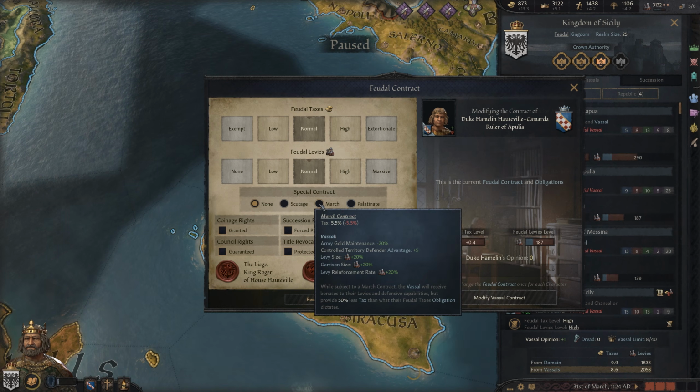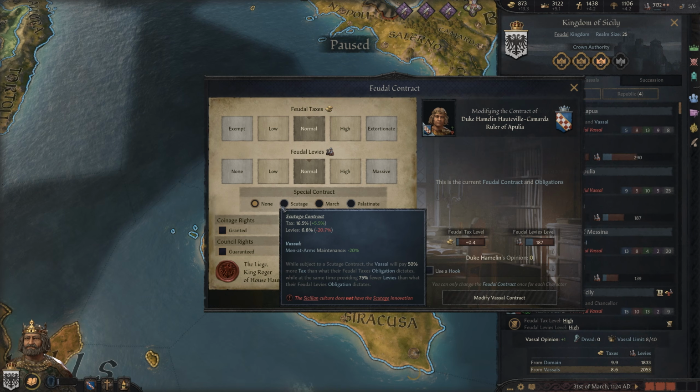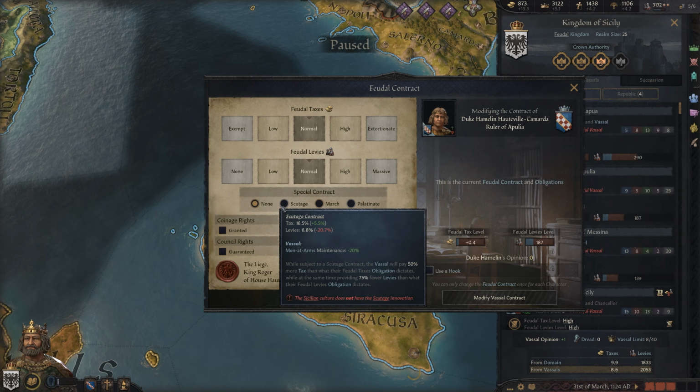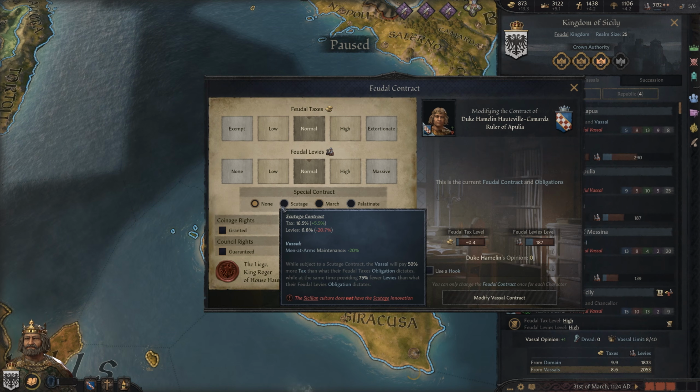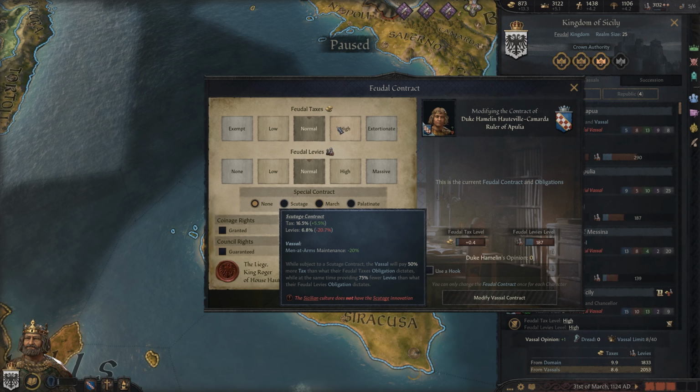March, I think, is the most valuable special contract, and I think scutage really works if you know you don't want to take levies from a specific vassal. Maybe you've built up that land for that vassal in the sense that it's mainly hinged on taxes. Well, go with scutage then, because the way that works is you're going to be getting a ton more taxes. You're going to be getting 50% more taxes from that vassal,